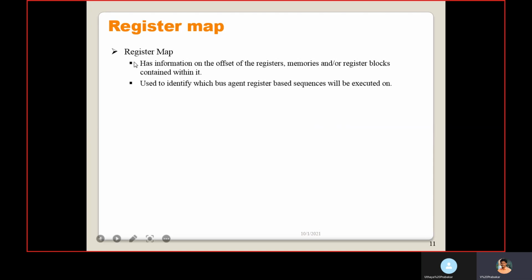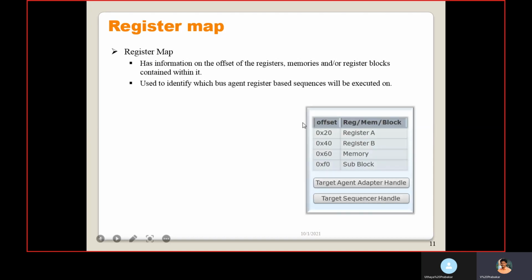The register map has the information of the offset of registers, memory and sub-blocks. The register map consists of all the registers and memory and their corresponding offset values.